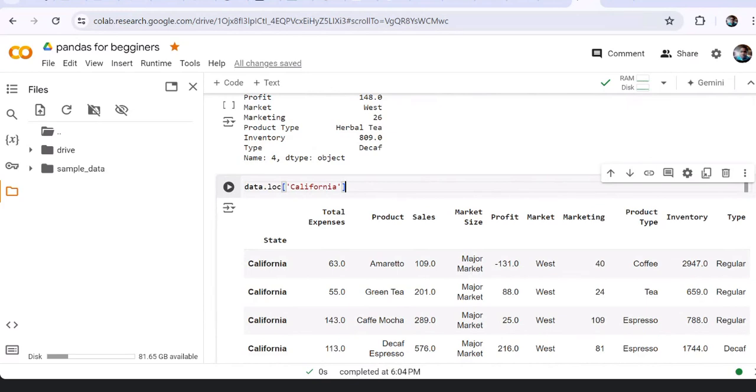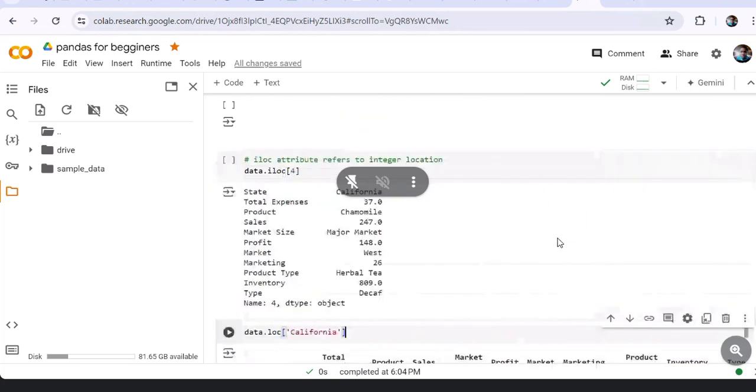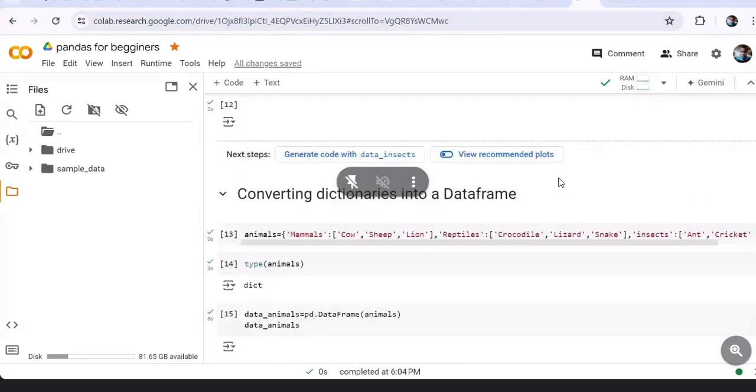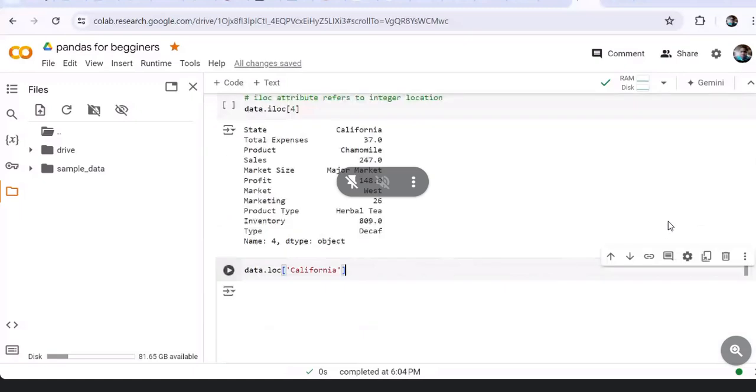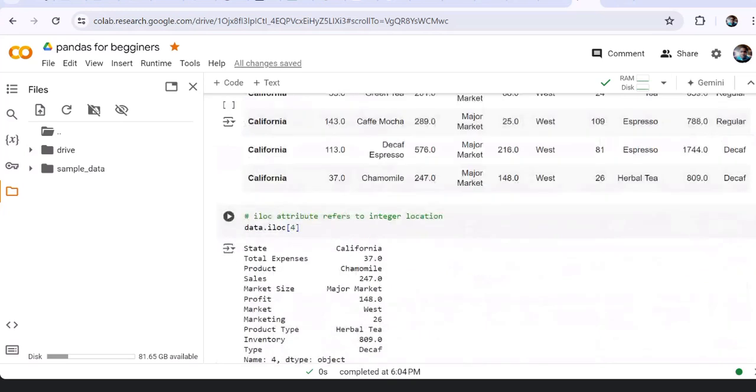So to locate rows in your data frame with certain data, for example, in our data frame we have various states. On the states column, we have California and other states. But I wanted only to locate the states which have California. So since I have set my index to state,